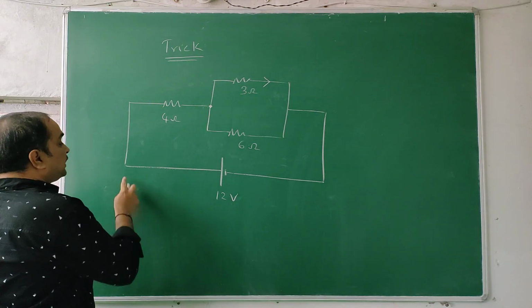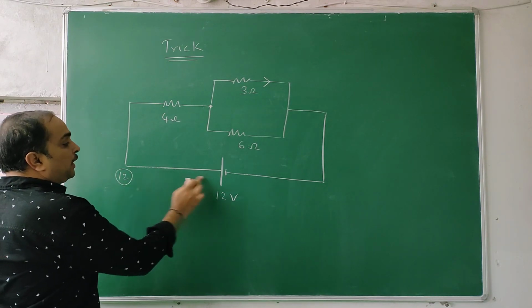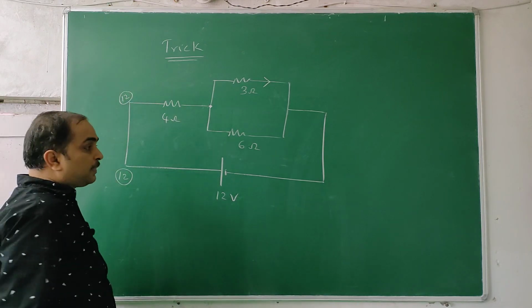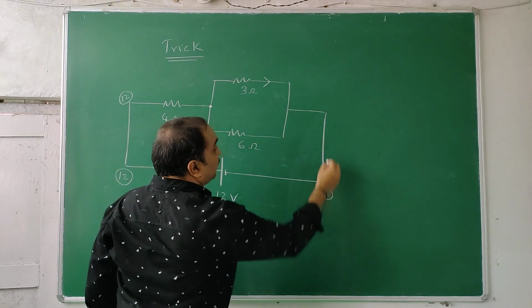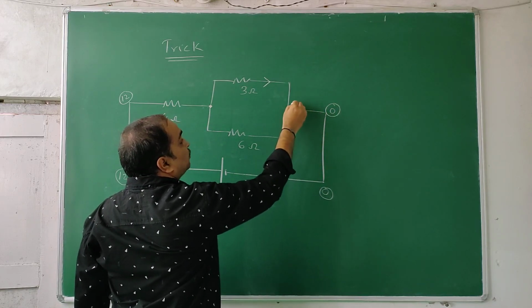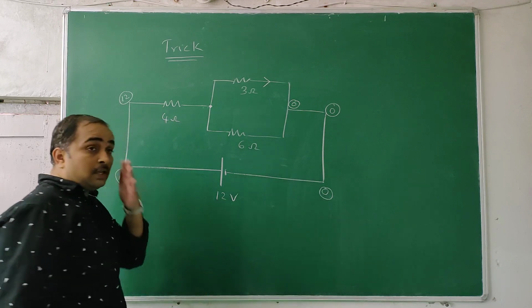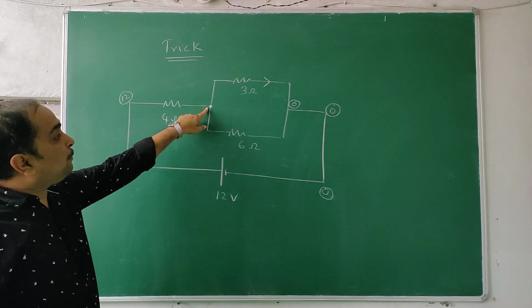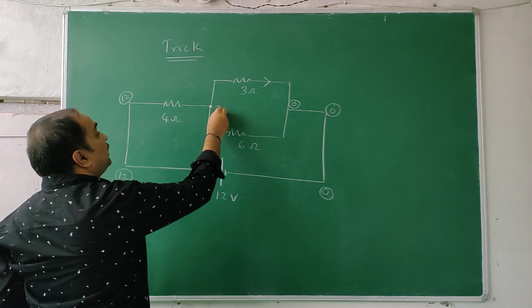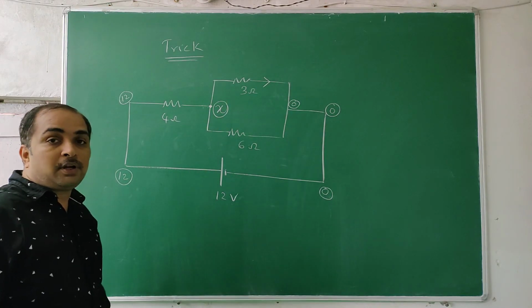So 12 ohms is there, there is no drop, there is no energy consuming gadget here. So up to here it is 12 volts only. Here it is 0 volts. That's called the assigning potentials method. There is no gadget here, so 0 ohms, 0 volts. In between there is a point called a junction where there is a split. That is unknown to you, that you call X.